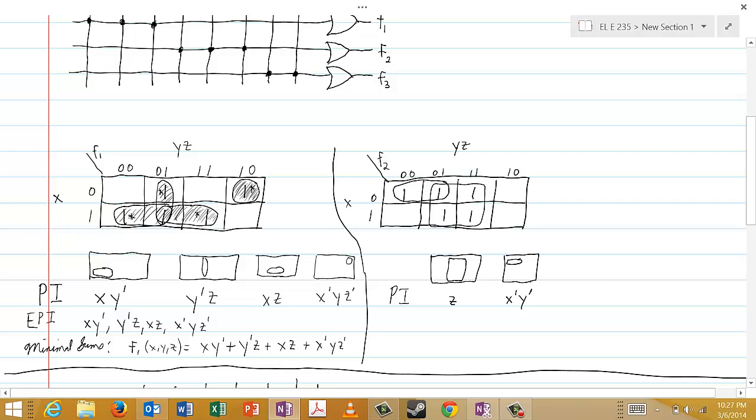So now when we look for essential prime implicants, we note that almost all of the one cells in this Karnaugh map are essential, and therefore both of these prime implicants are essential, and therefore when we look at the minimal sums for F2,